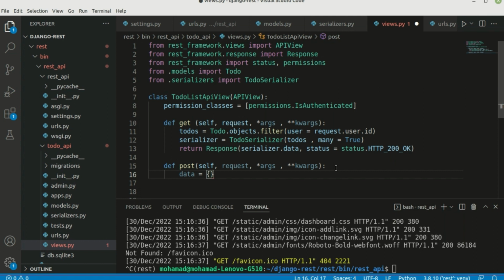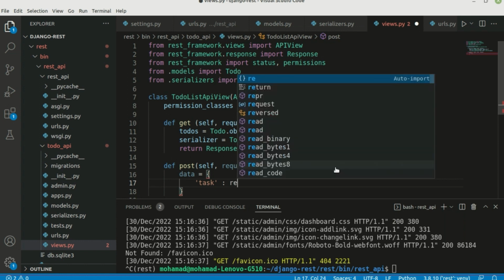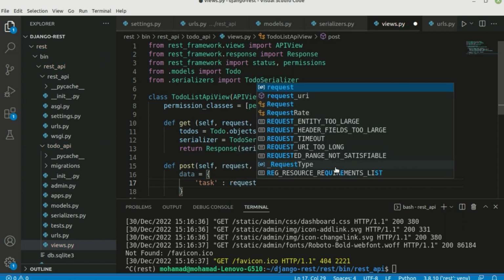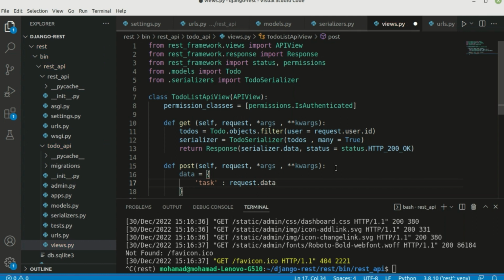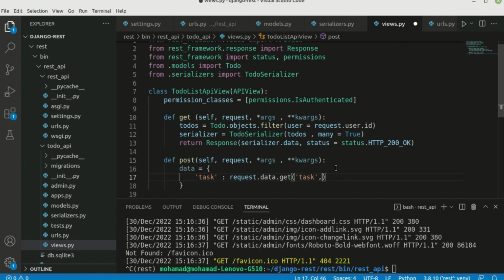So let me first create our curly bracket. This is something like a dictionary. So it's going to be our JSON data. So let's write the task first. And then we have the colon request.data.get, then we have the task, we have completed. Okay, so